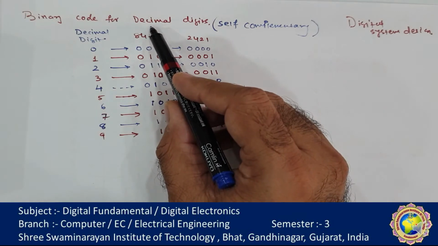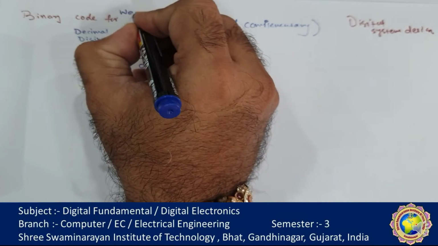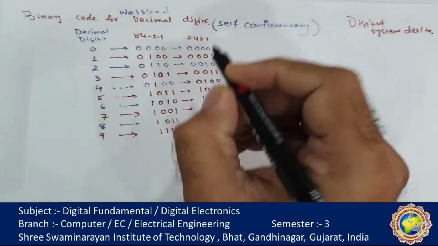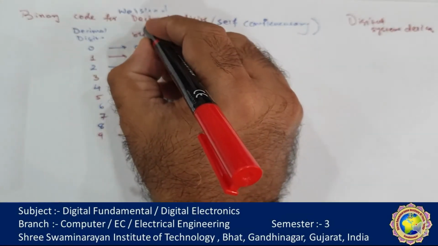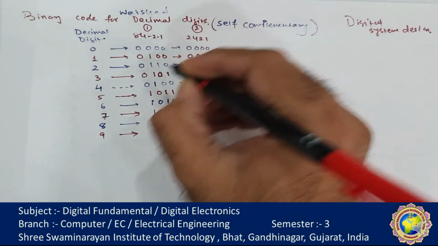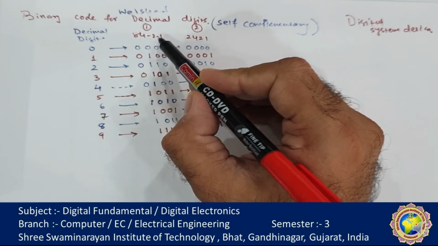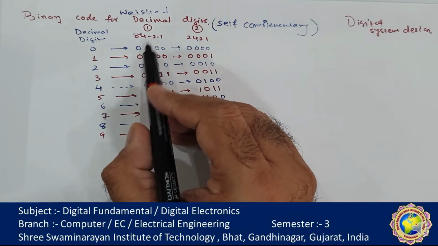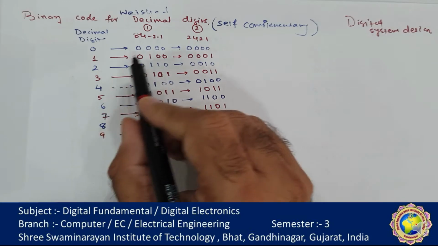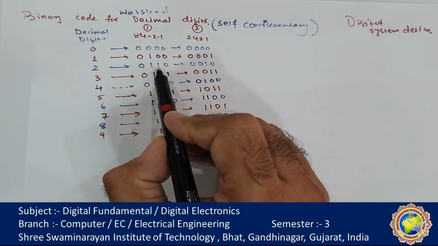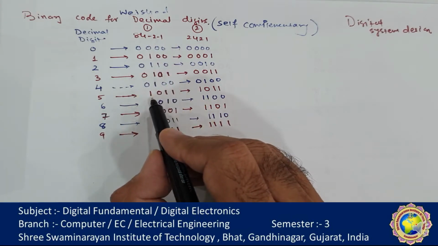Binary coded decimal digit, and this is a weightage code where each bit has some weightage. As mentioned here, there are code number 1 and code number 2. One code has the weightage 8 4 minus 2 minus 1. So suppose I want to write down 3: it is 4 minus 1, which is 3. 2 is 4 minus 2, which is 2, and 5 is 8 minus 2 minus 1, which is 5.